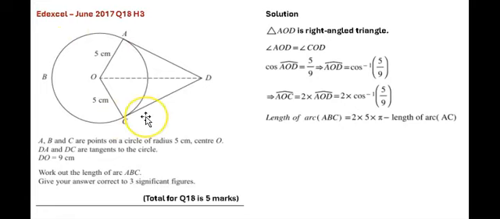Arc ABC is the circumference of the circle, which is 2 times r times pi. That's the length of the circumference, minus the length of the arc AC. Now, the length of the arc AC, we know the formula. So the circumference of the circle is 5 times 2, 10 pi, minus